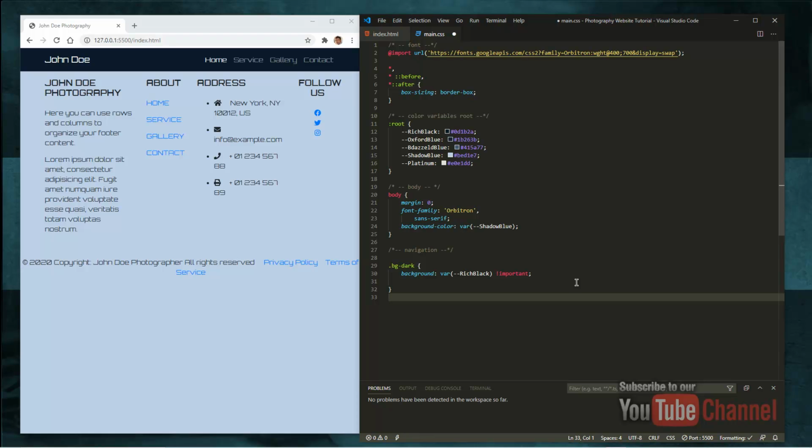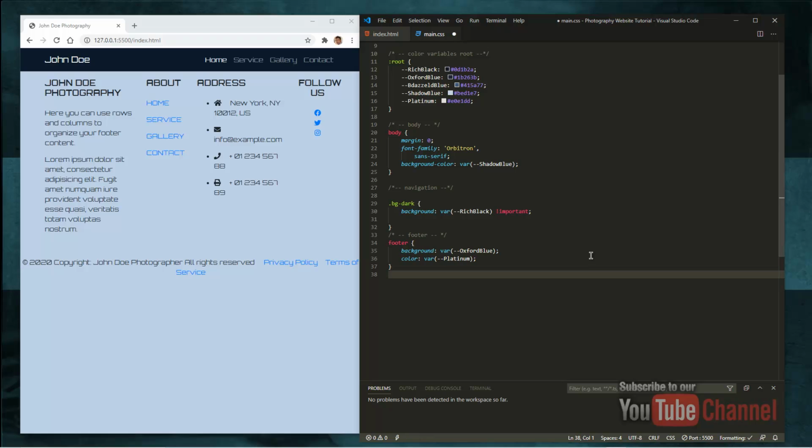Anyway, let's continue. Let me paste this part here. There's the beginning of the footer. There's more to come for the footer, because we have to do all the links and whatsoever. So the footer is the same like the body. You don't need to give it a hash or something, because it's the main bootstrap